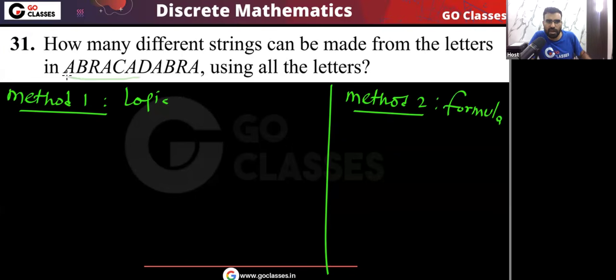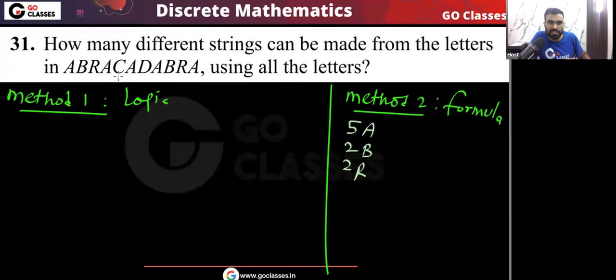First of all, in this word abracadabra, how many A are there? You can see 1, 2, 3, 4, 5. Total 5 A's are there. Next, how many B's are there? 2 B's are there. How many R are there? 2 R are there.